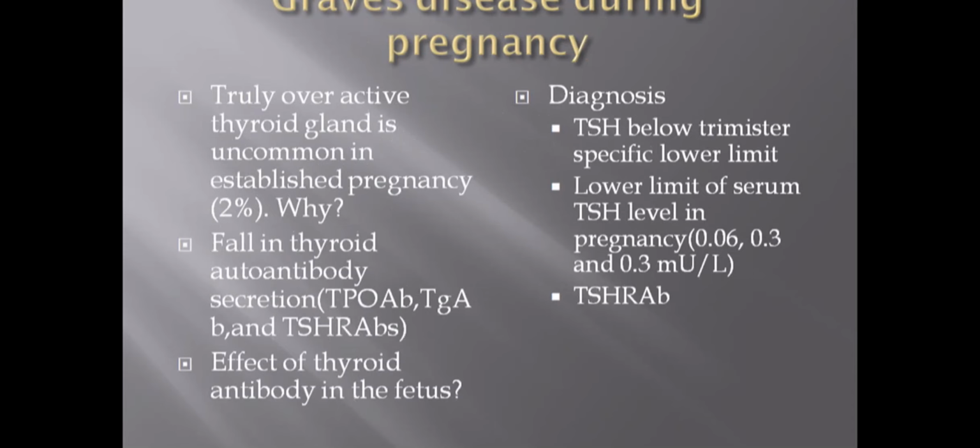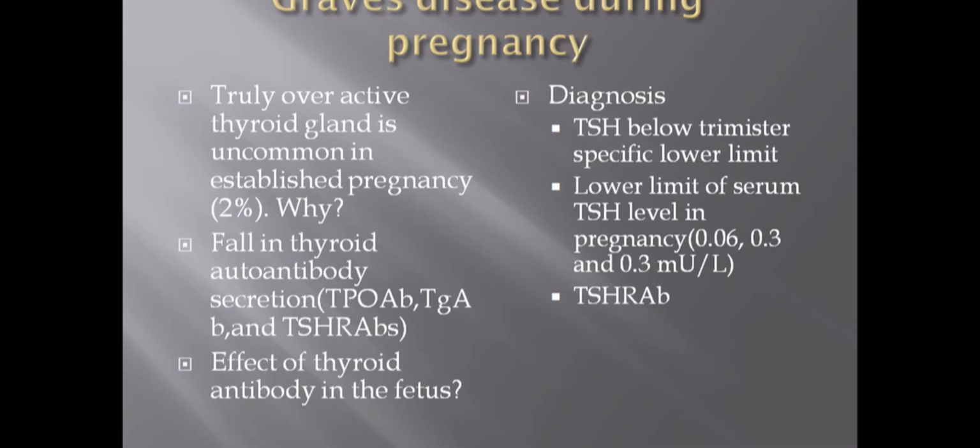When it comes to Graves' disease during pregnancy, hyperthyroidism may be associated with increased pregnancy loss and may be a serious medical complication for the mother and the baby. So it's better to diagnose early and treat. The true incidence of overactive thyroid gland in pregnancy is uncommon, accounting for less than 2%. This is because pregnancy tends to suppress the autoimmune response. Graves' disease is an autoimmune disease, so because of the effect of pregnancy on our immune system,